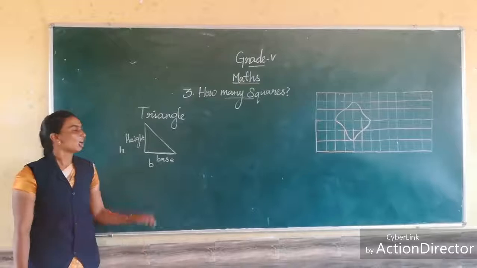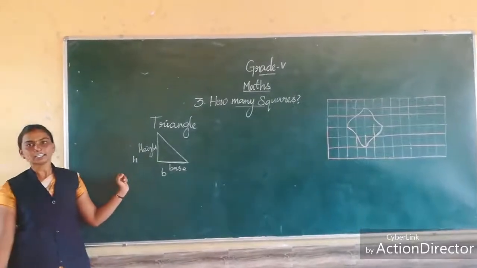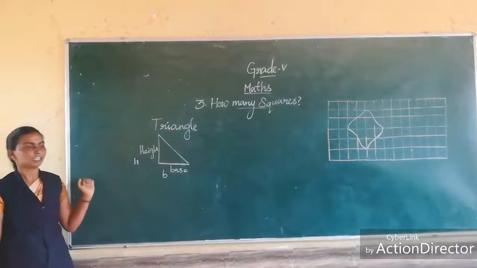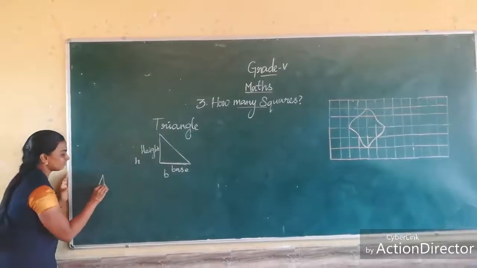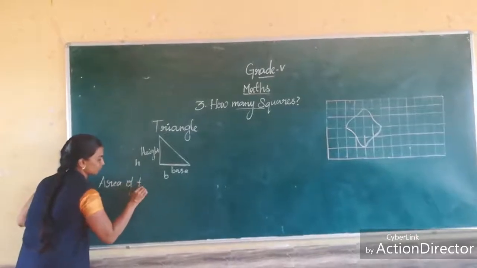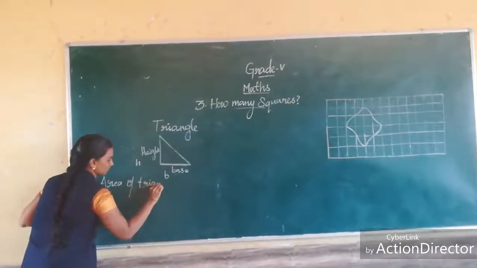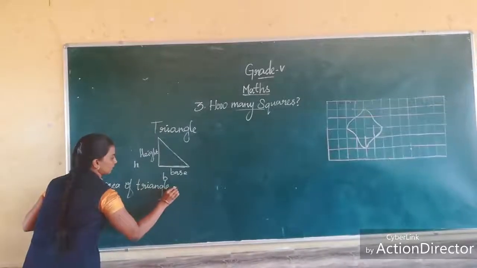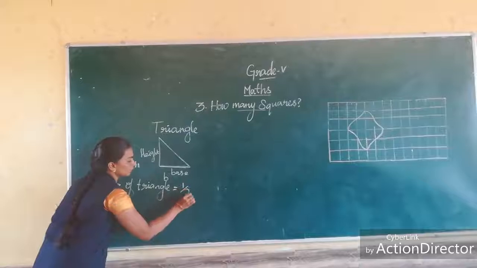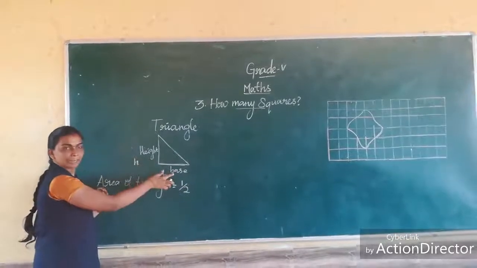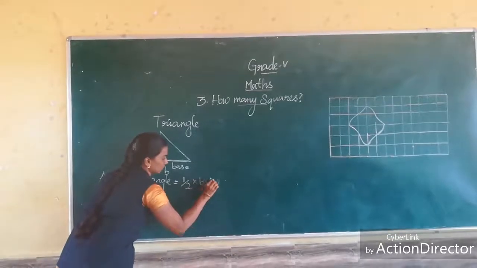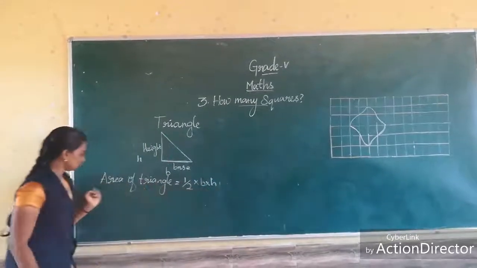Okay? Already we knew about area and perimeter of square and then area and perimeter of rectangle. Now I am going to write area of triangle. Area of triangle formula is half into base into height. Then